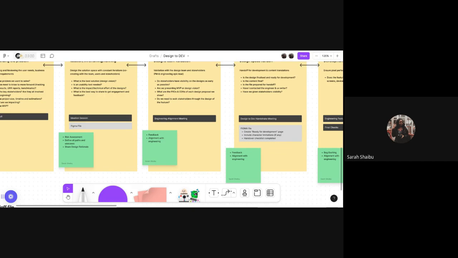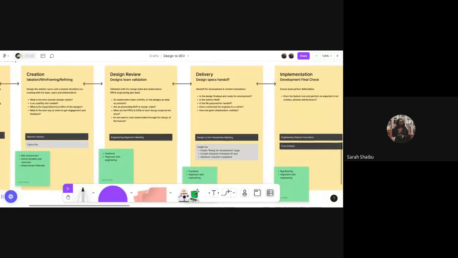This is the moment where they can tell me we're aligned, we can definitely implement everything and it's good to go. Or this is the moment where when they see the final solution, they say, we cannot implement all of this right now. Let us consider breaking this design into two phases. And then I know that I have to go back, speak with the product manager and see how we break down the design into maybe a version 1 release or a version 2 release. Or if the developers say everything is fine, then we push forward. So this is a very important point for us to collaborate with engineers.